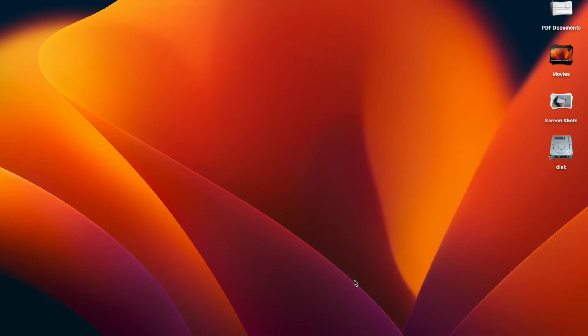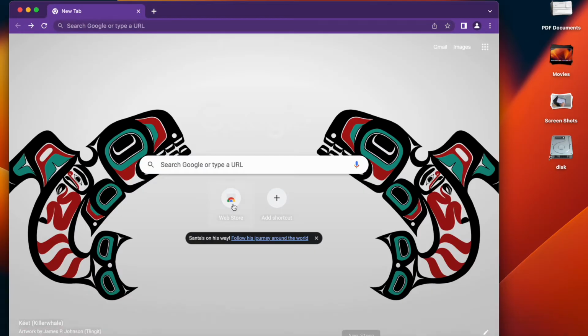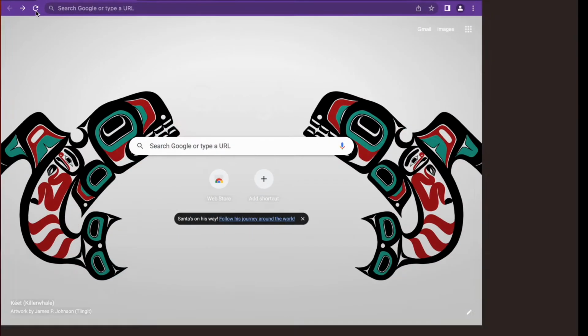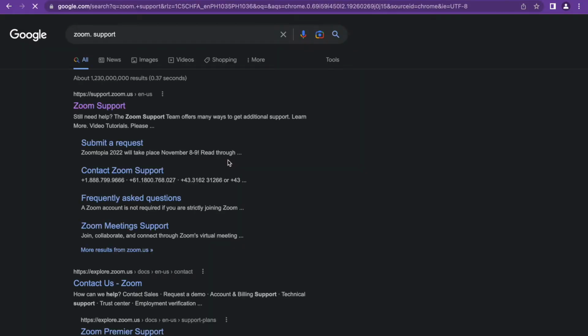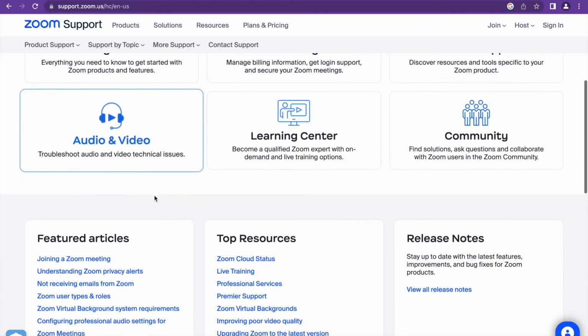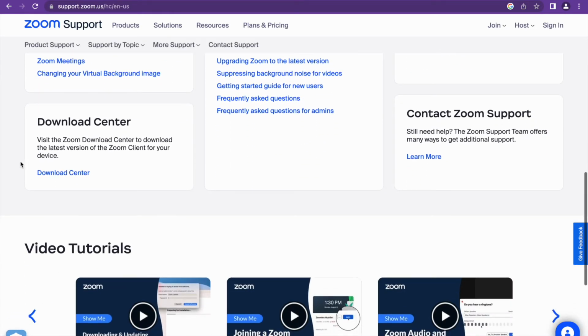So first of all, you need to go to your Chrome browser, and here you need to type zoom.support, and then go to Zoom support, go down, go to this download center,